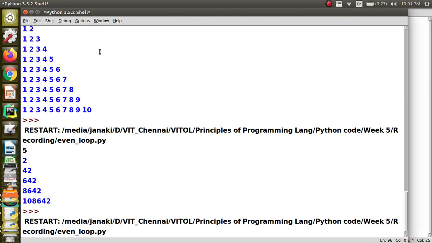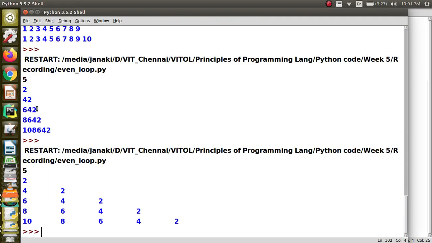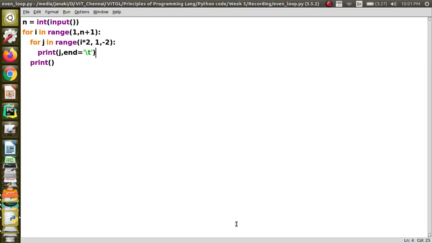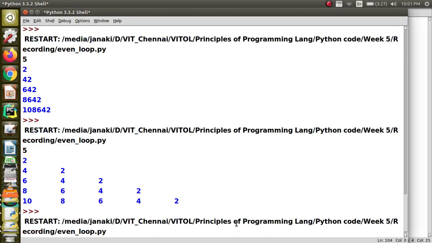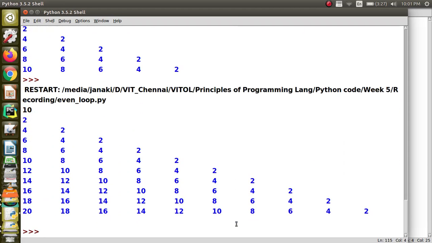If I execute this code, you can see 2, this is 4, 2, and so on. If I give 10, you can see it starts from 20, twice the n value, and then it is going to decrement each time by 2 till it becomes 2.